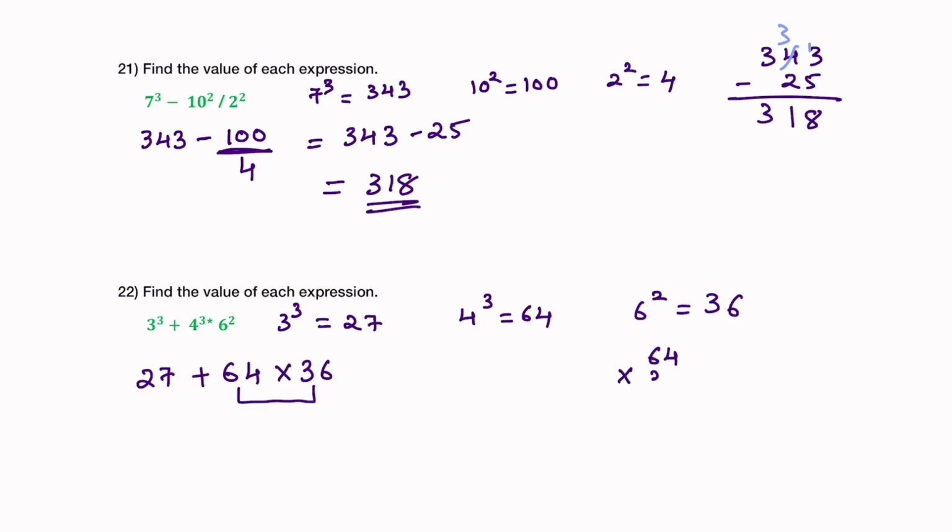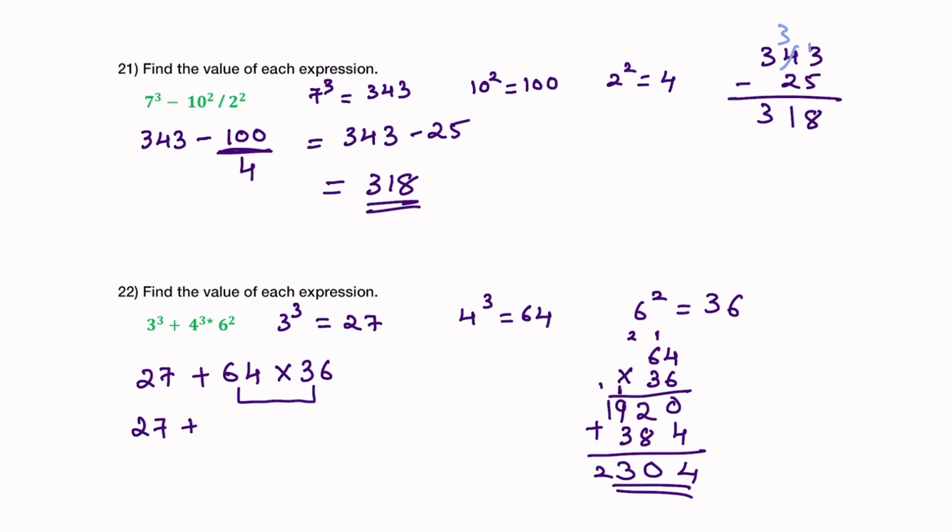64 times 36, 0. 3 times 4 is 12, 1 carry, 3 times 6 is 18, 18 plus 1 is 19, plus 6 times 4 is 24, 2 here, 6 times 6 is 36, plus 2, 38, that's 4, 2 plus 8 is 10, so 0 and 1 carry, that's 1 plus 9, 10, 10 plus 3, 13, 1 carry, that's 2. So the answer for this is